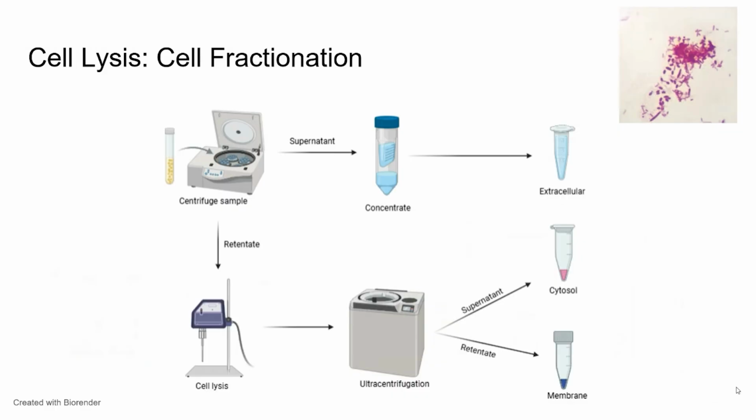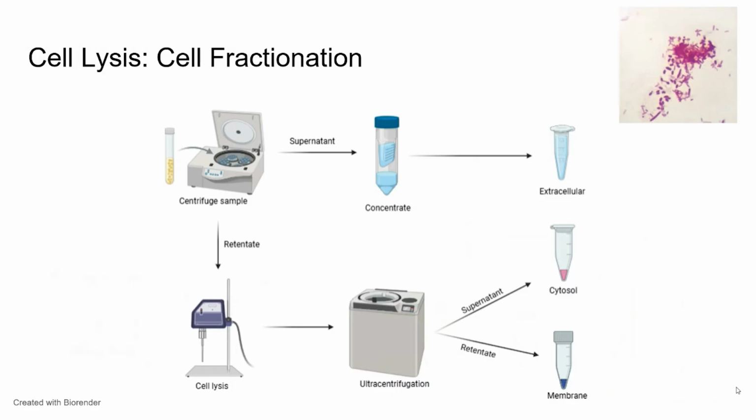Following this for Pseudomonas, the cell fractionation, it's very similar, however, with a couple extra steps. To begin, you take your sample and centrifuge it. You'll get your supernatant and your pellet. Your supernatant is going to be your extracellular fraction, so you need to concentrate this to get rid of all of the broth elements. With the cell pellet, you then lyse it and resuspend it, put it in ultracentrifugation, and it